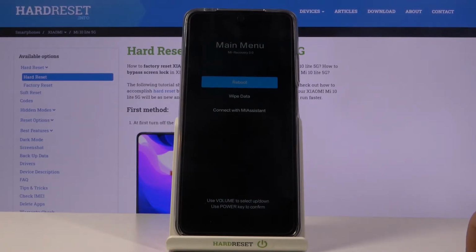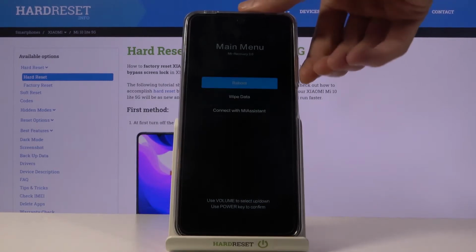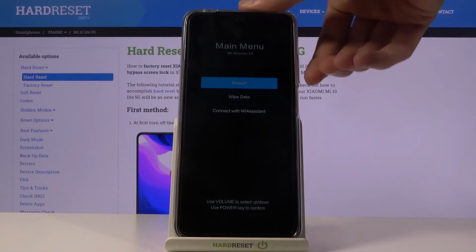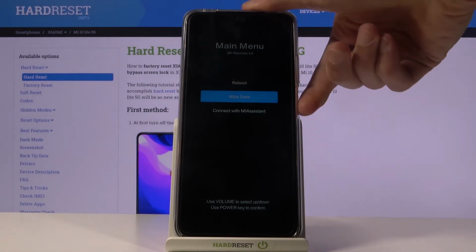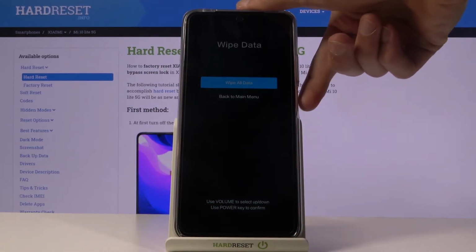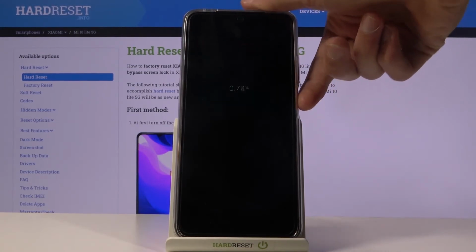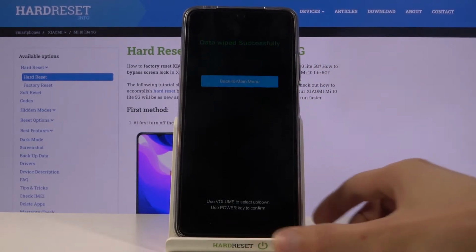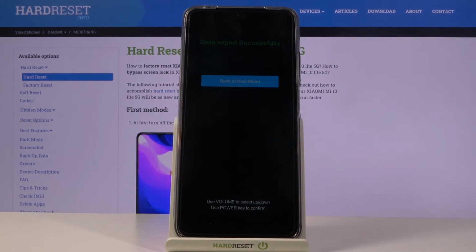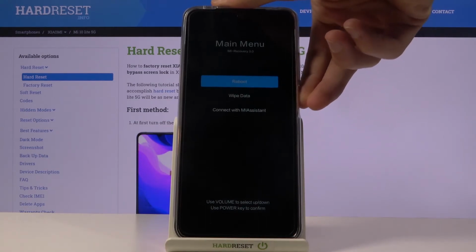So from here you want to select wipe data, which is the middle option, using volume keys. As you can see, volume down goes down and up goes up. So let's select the middle option right here, confirm it with the power key, wipe all data, so power key, and then confirm, so volume down and power key. And this will begin basically removing all the data. Once it's finished, you should see data wipe successful, and from here simply start pressing the power key, so back,